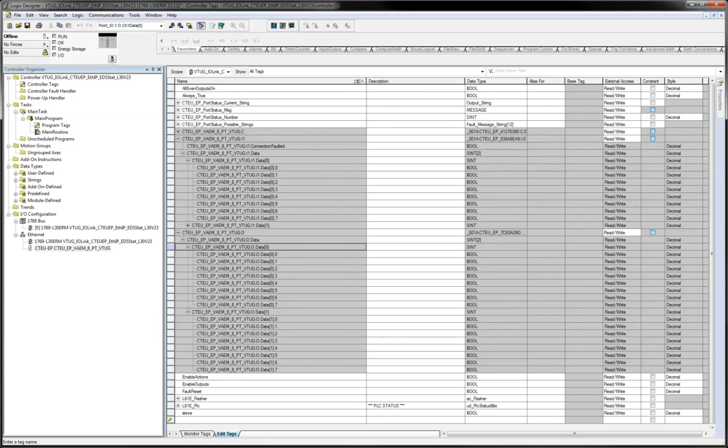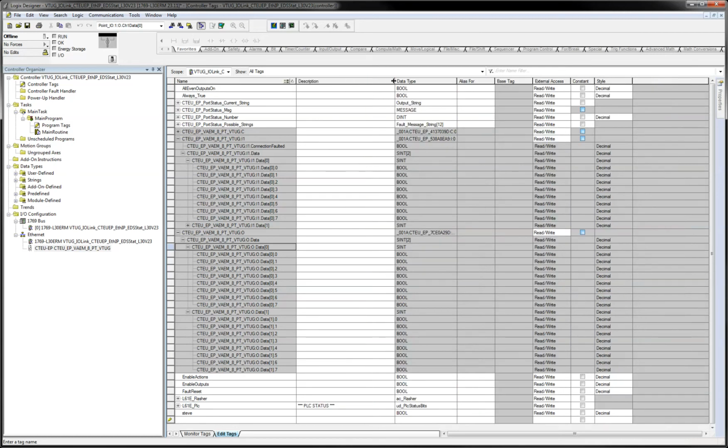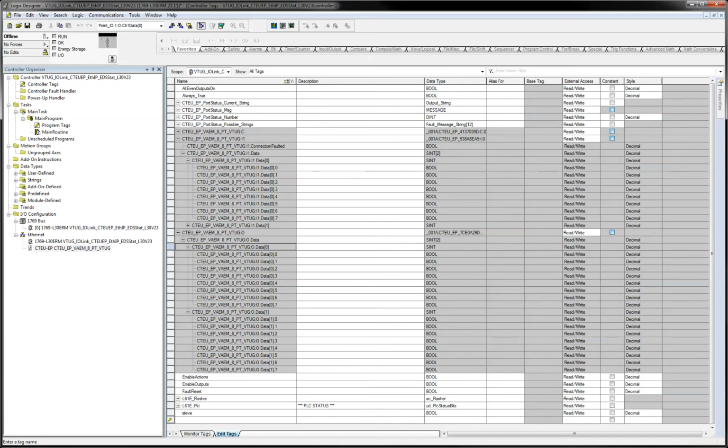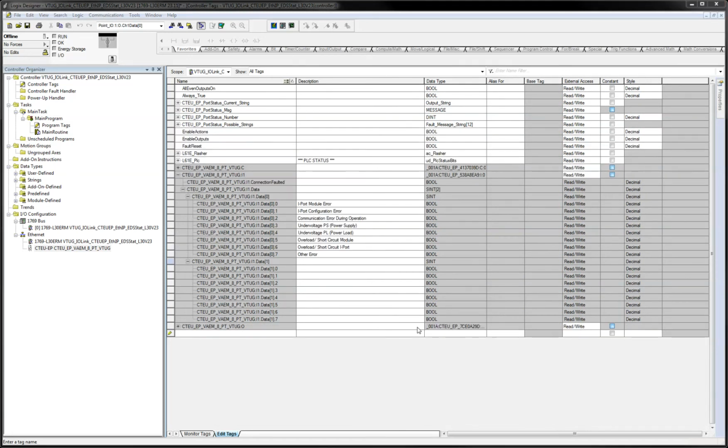So what this does not do for you is it does not label what the status inputs are. So what I'm going to do here is I'm just going to quickly in the background here add a description status. Okay, so what I've done here is I've given this a label here. The reason that there's 2 bytes of status and 2 bytes of outputs, yet there's only 8 outputs, is because